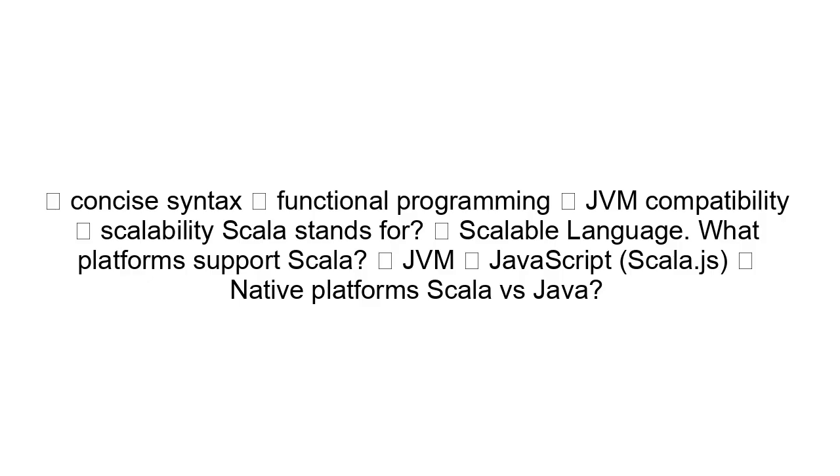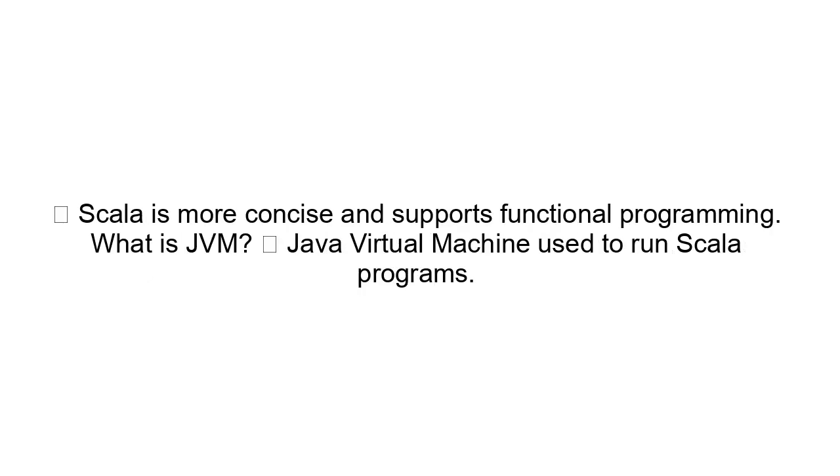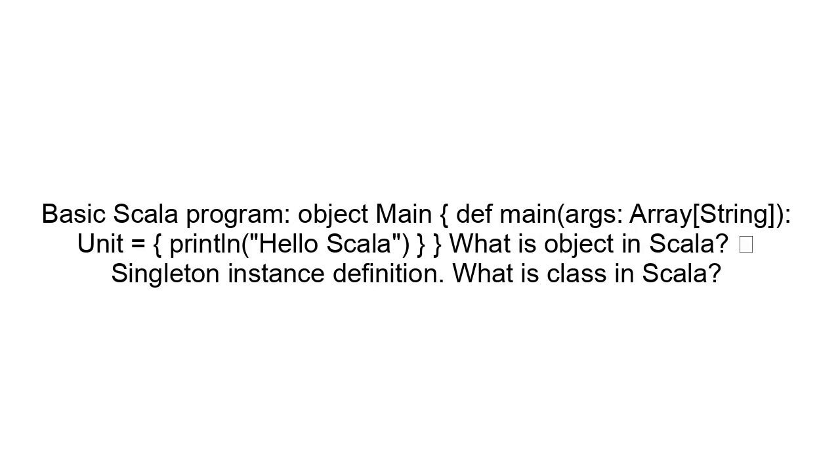What platforms support Scala? JVM, JavaScript (Scala.js), and Native platforms. Scala versus Java: Scala is more concise and supports functional programming. What is JVM? Java Virtual Machine, used to run Scala programs. Basic Scala program: object Main { def main(args: Array[String]): Unit = println("Hello Scala") }